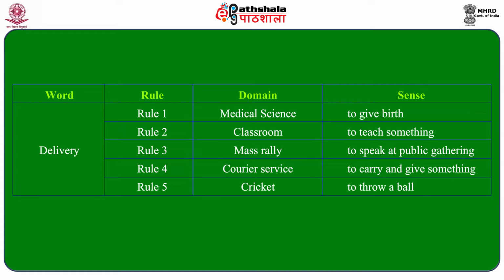And rule 5, if the domain is cricket, a kind of play, a game, then it will be to throw a ball to the batsman in a different way. So what we find here is that the term has a broad conceptual net or frame where we can find out it has 5 different broad senses based on the discourse structure or discourse domain, and everywhere it has a different meaning. So all those information will be captured in the text and presented to the learners, so the learners are better trained, better equipped with the usage variations and dictionary meaning